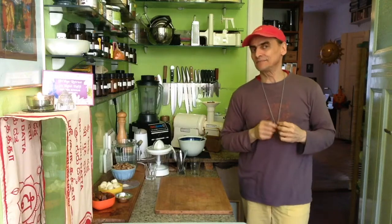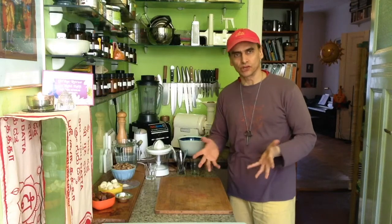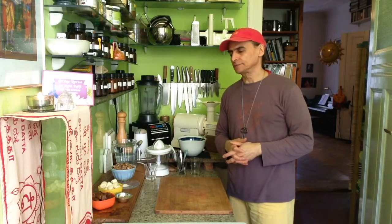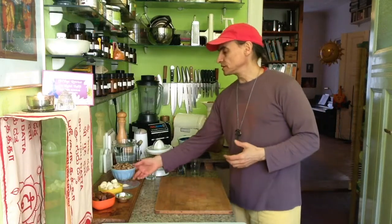A quick and easy recipe today, though it takes some time to get it dehydrated. Or you could also put it into your oven on the lowest temperature. That will go a little bit faster, but it will take overnight, or a little bit longer even, to make these